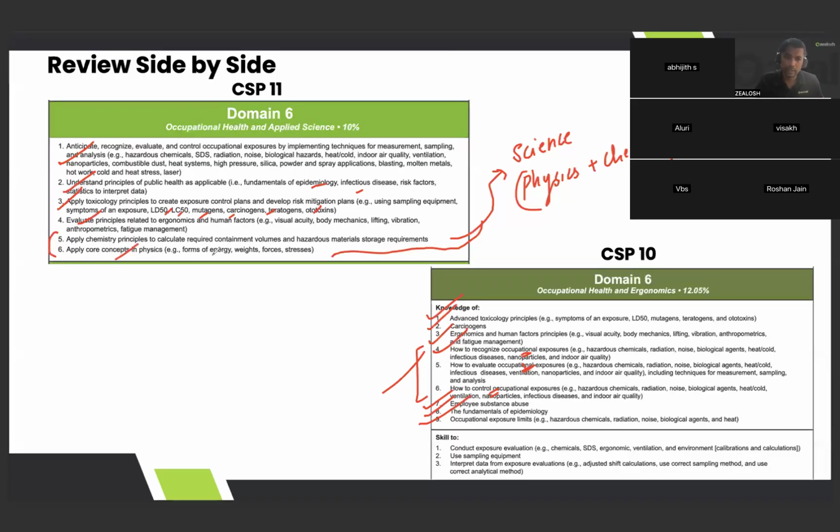Core concepts in physics: energy transfer, weight, force, stress, friction, tensile force, compression force, shear force, different types of questions. Energy transfer, forms of energy, means there can be questions from Newton's law. Then a law of conservation of energy related question will be that something is falling and hitting the ground. What will be the velocity at the time of impact? Or something of this much weight is falling and hitting the ground, the velocity is this much, how much time will it take to come and hit the ground?